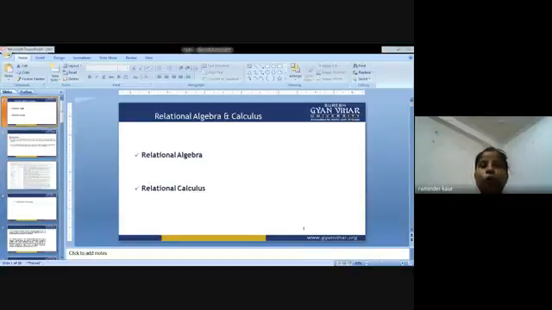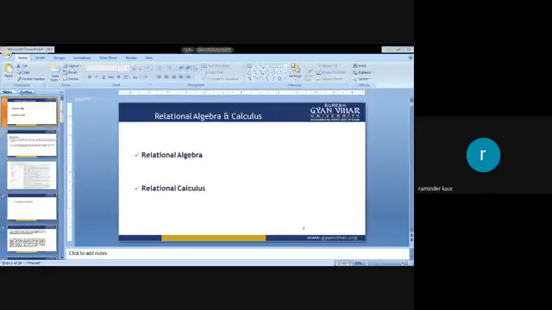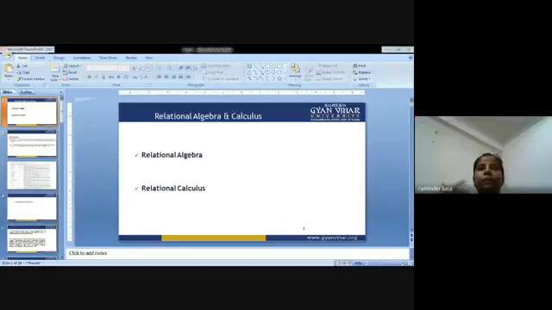My objective in today's lecture is that you will learn various SQL queries, or I can say mathematical queries, in relational algebra. And in relational calculus, you are supposed to study tuple relational calculus and domain relational calculus. So calculus is based on two calculi, that is tuple and domain based. I am going to discuss the same.